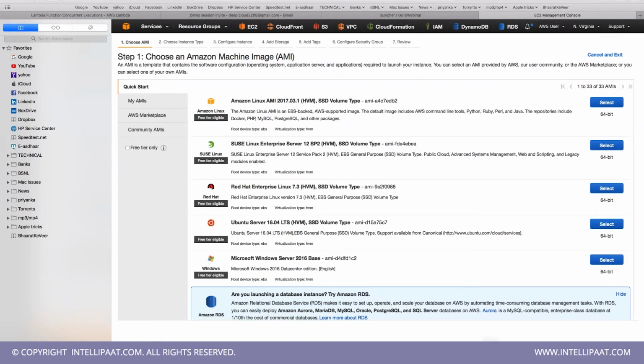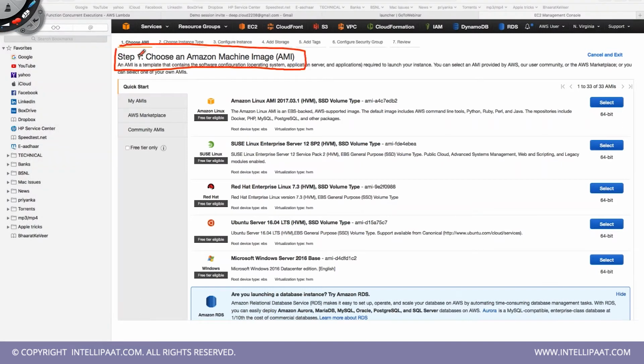It says choose an AMI. If you see here, it is asking me to choose an AMI, or Amazon Machine Image. The machine image contains Amazon Linux AMI, SUSE, Red Hat, Ubuntu, Microsoft Windows. So these are the files where the operating system is. You might think of this as your boot device, or say the installation drive, for the operating systems which I mentioned. So we'll select this one,